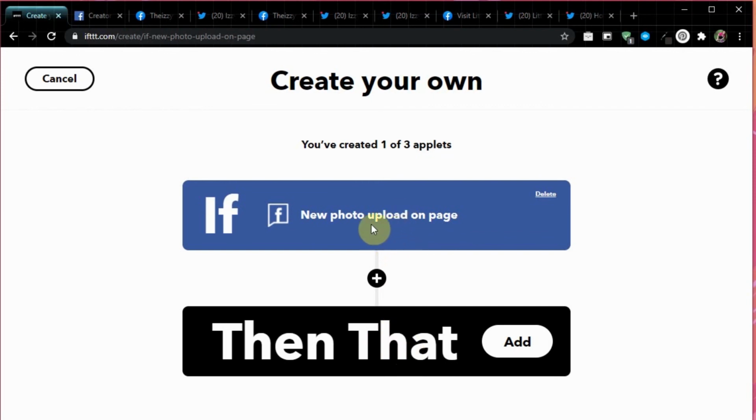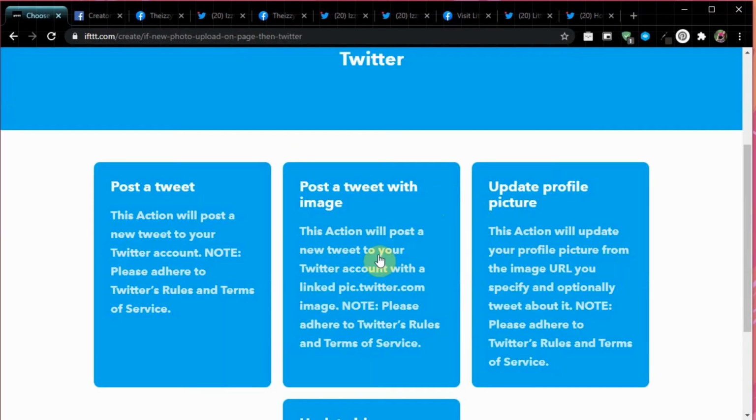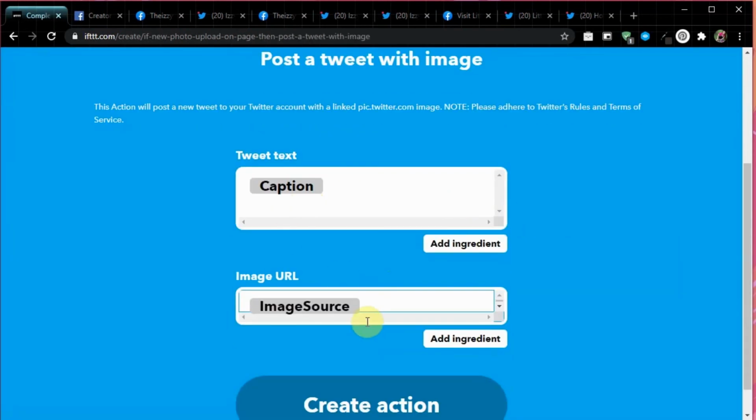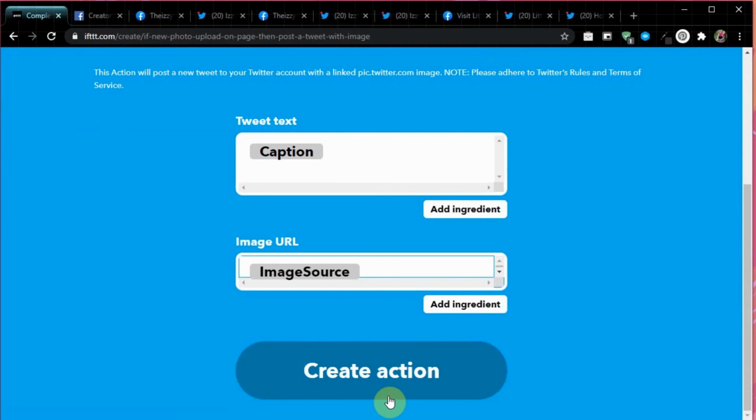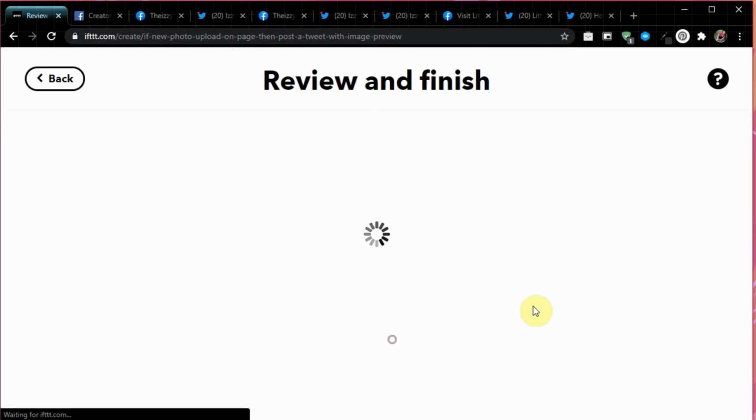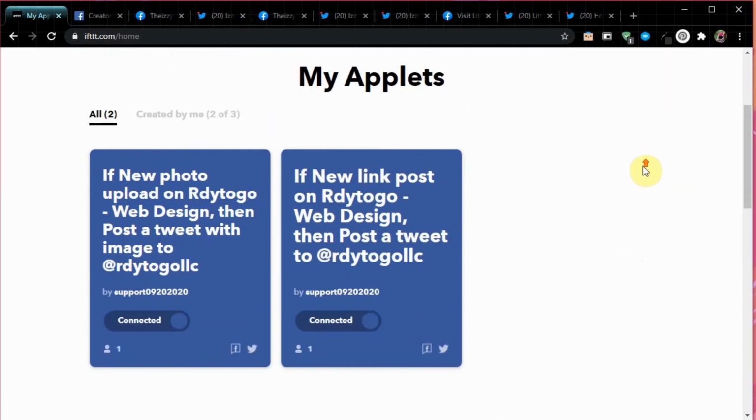So I tend to do this for Facebook pages that don't use photo albums. Tweet post with image, and again, caption, image source. I leave it alone. So create action, continue, and hit finish. So I'm pretty much done with it for now. That's all I want to do for this account.